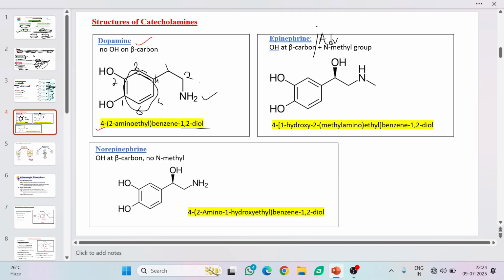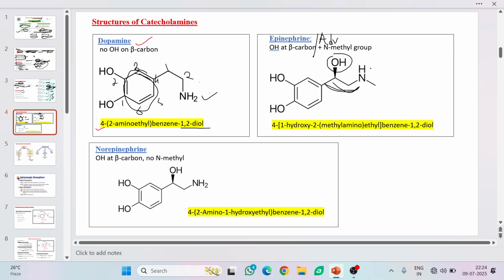Adrenaline. Okay, now this is adrenaline. So now understand the basic structure of adrenaline. Adrenaline is also a catecholamine. It contains these two hydroxy groups. Okay, it is also a catecholamine, and this adrenaline contains additionally one more hydroxy on this